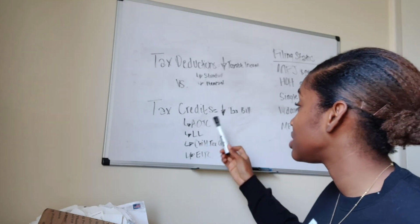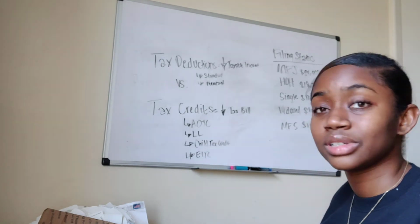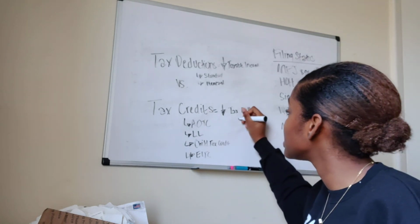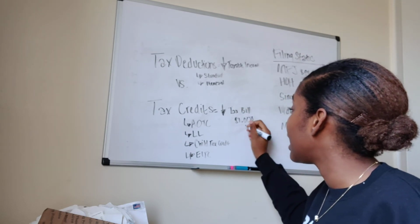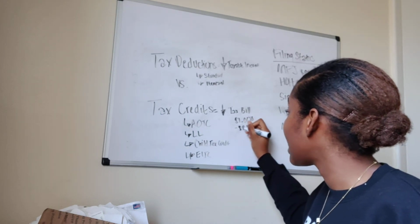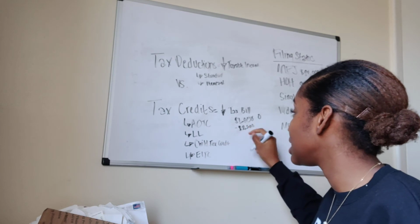So for the American Opportunity Tax Credit, let's say your tax bill is $1,000 and you went to school full time and you're eligible for the American Opportunity Tax Credit for that tax year. That tax credit is $2,500. So let's say your bill was $1,000, and you had that tax credit that can reduce your bill by up to $2,500. So now your $1,000 tax bill is $0, and there's still $1,500